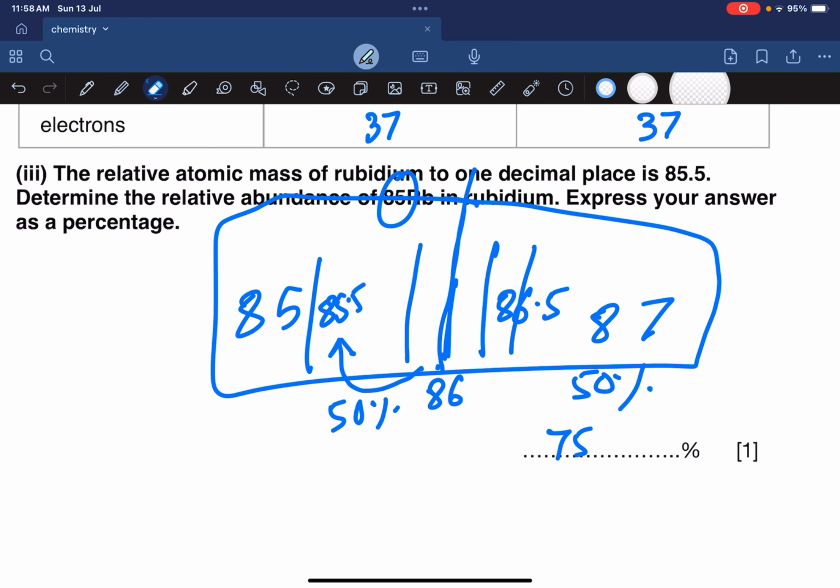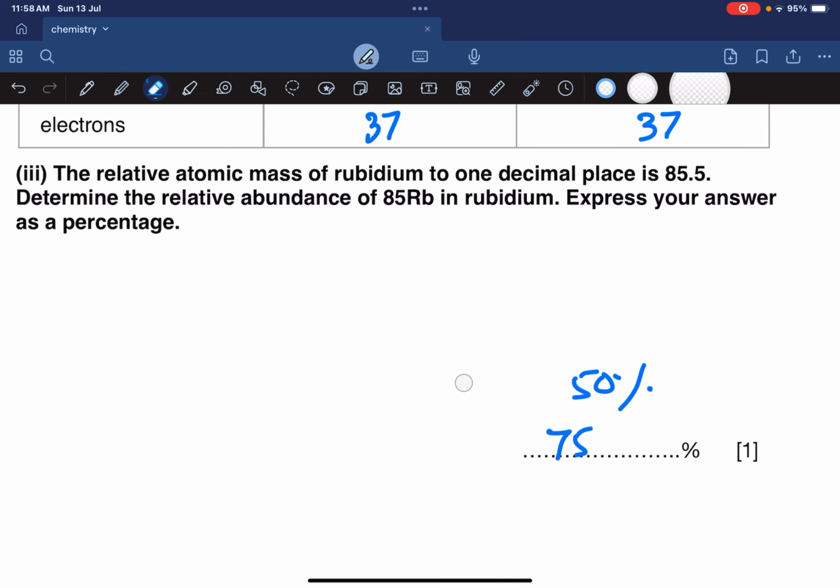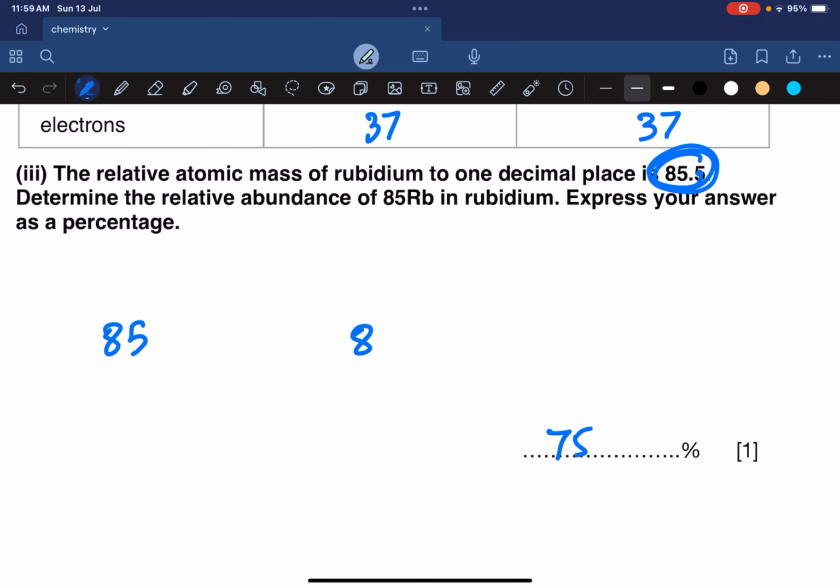The abundance, I don't know how to do it by formula. I just do it mentally. Always I do it mentally, something like this. Because the abundance, that's going to be the answer. Look, 85.5 is the atomic mass, okay? So the abundance is going to be more near to the thing that's more in abundance. You have 185 and you have 187, and now your atomic mass is coming out to be